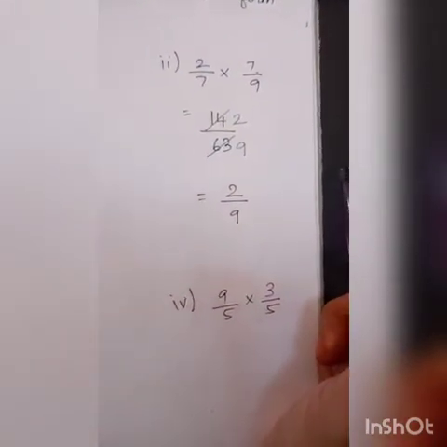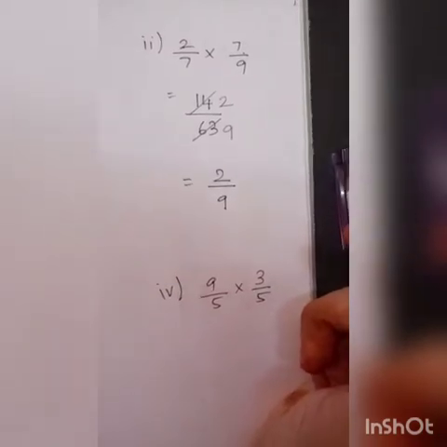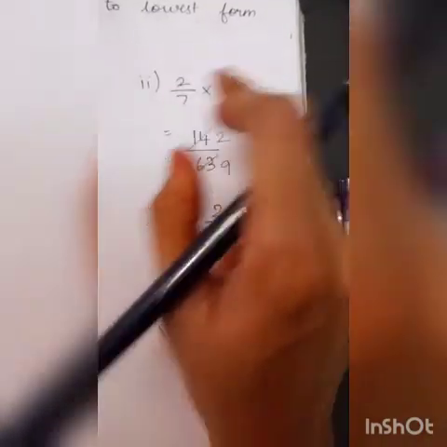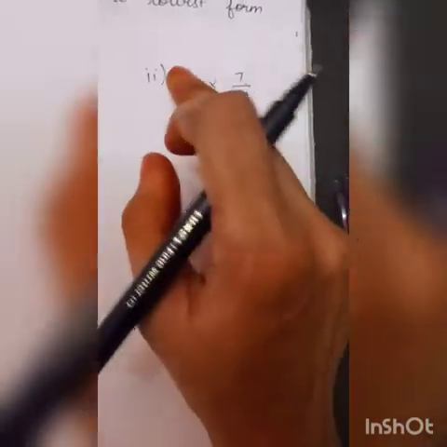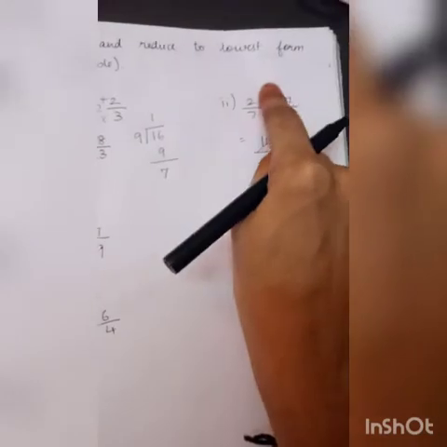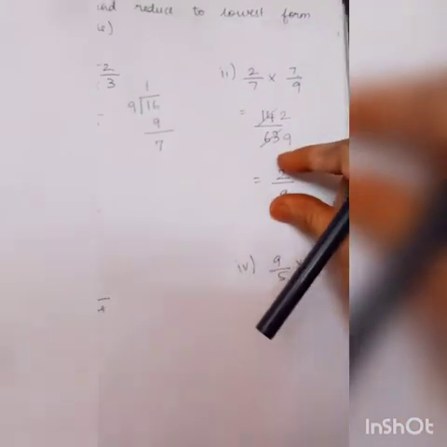It is a proper fraction, so you need not convert it into a mixed fraction. Because here itself you can cancel it and write. Numerator, denominator is there. 7 7 you can cancel. 2 by 9 you can write. Or you can multiply it and cancel and write. But you should reduce to lowest form, because our question itself says so. If you stop till this, you won't get full marks. You should reduce it and write.